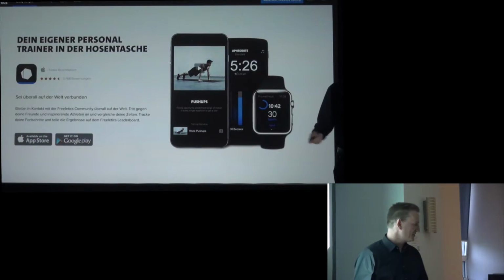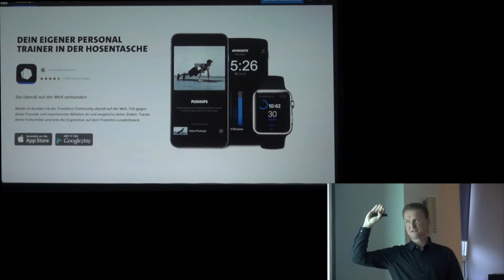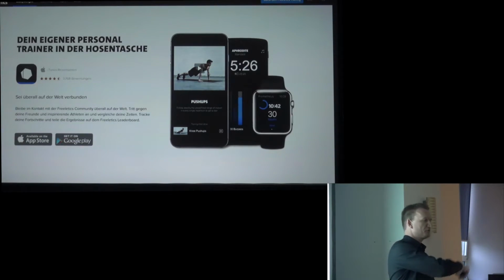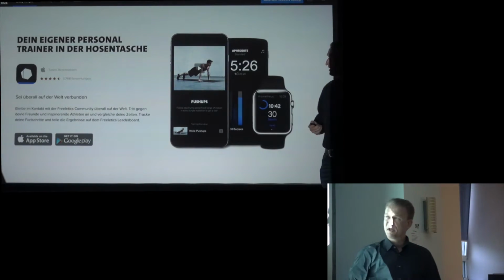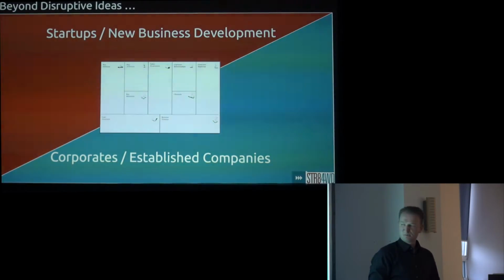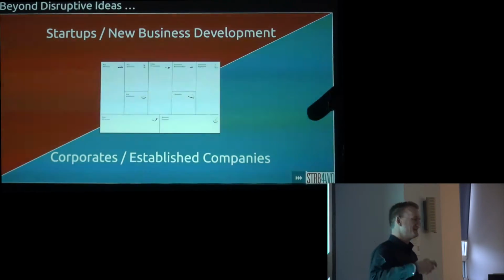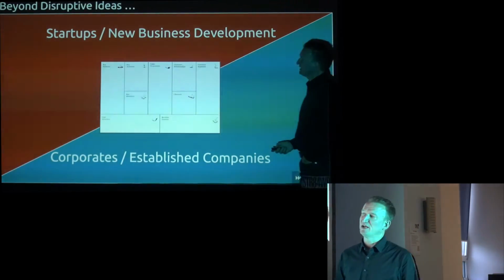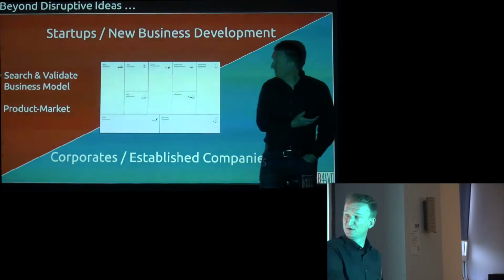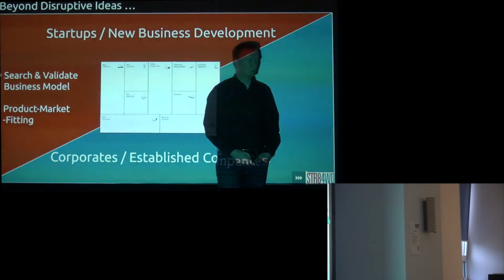Sorry. So the other thing that I would like to tell you, now I've told you like, okay, this is startup. It also works for corporates. Okay, there's a few things to adjust, but the one thing I want to tell you is really that it's not only about the new business where you can use Lean Startup, but Lean Startup has something that every established company can use as well for their existing portfolio. So on the one hand, we had, like I said in the beginning, is it Beamer, is it me? Hello? It's about searching and validating business models and looking for a product market fit.